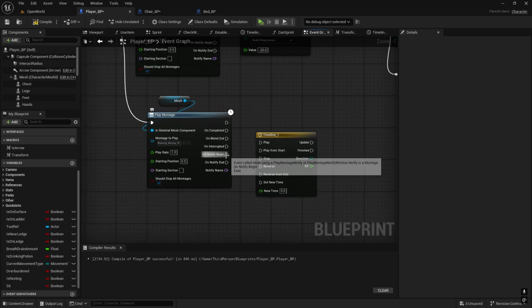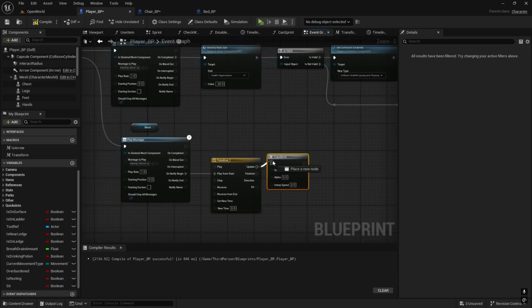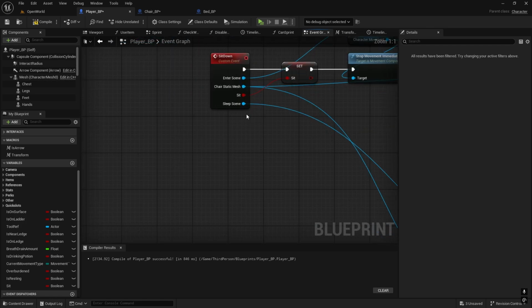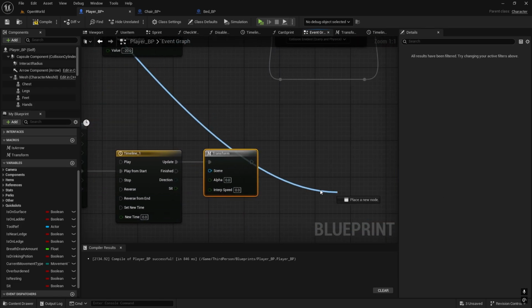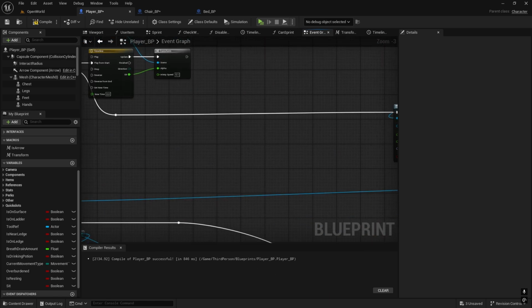And on notify begin, play from start, and on update we're going to get this transform scene. Now, if you don't want to promote it to variable, just drag it from the top, so it's the enter scene, which goes here. Alpha is the, why I don't have,